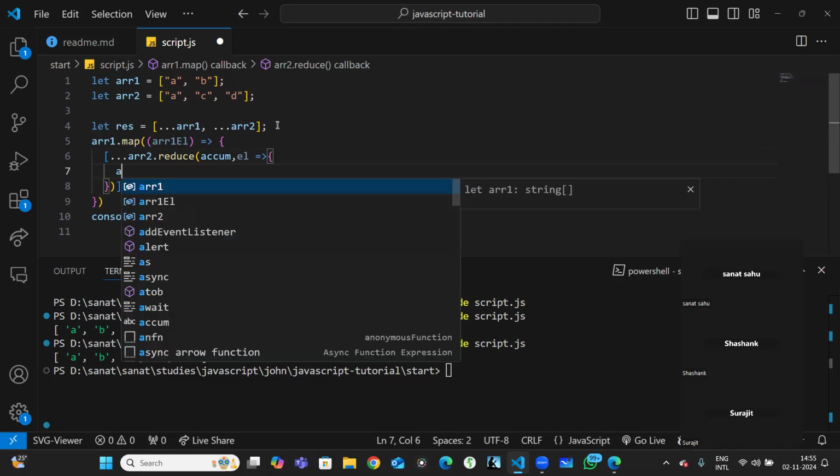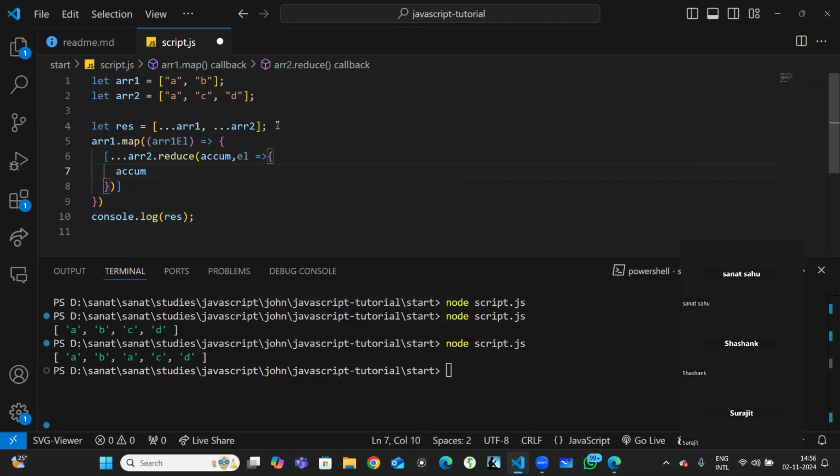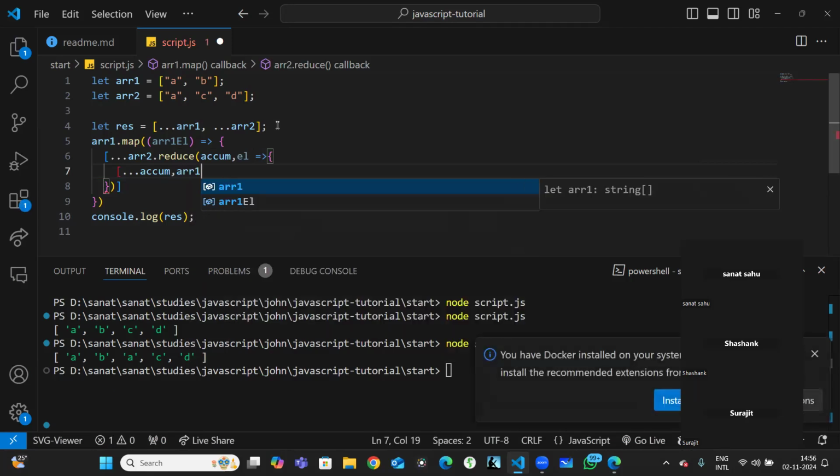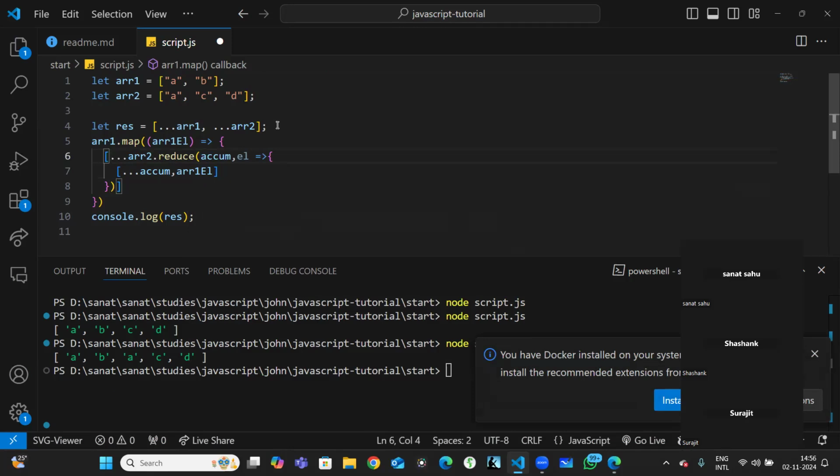I'll just write here, like this. I think this will work. But the accumulator doesn't have any value. Maybe first we can do this, and then